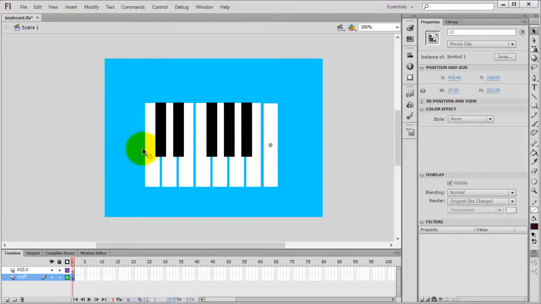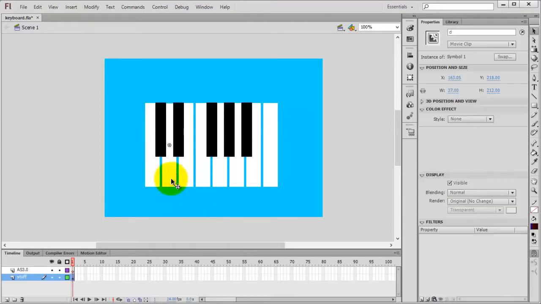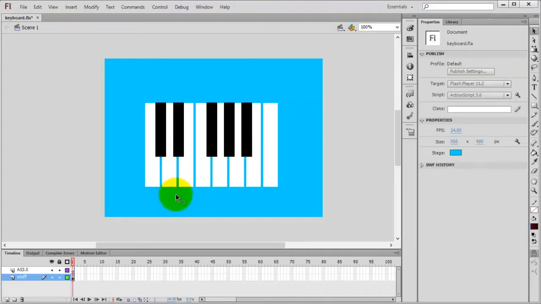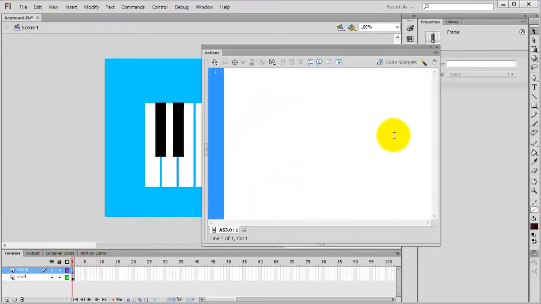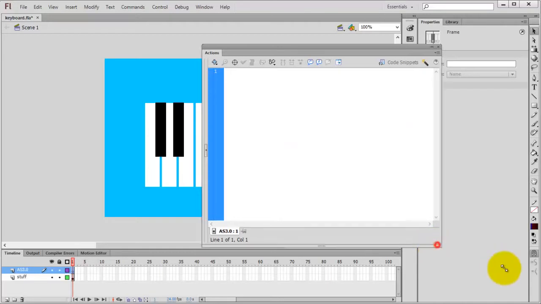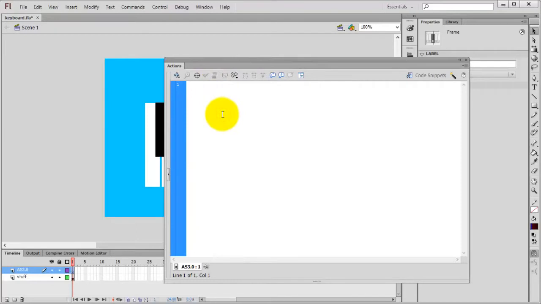I am not concentrating on the black keys. I just tell you how to create sound effects for the white keys. You can do it for the black keys also. So press F9 or right click, select actions. Inside this action panel I am going to add some code. Before that we have to add an event listener for all the movie clips. So let's begin with